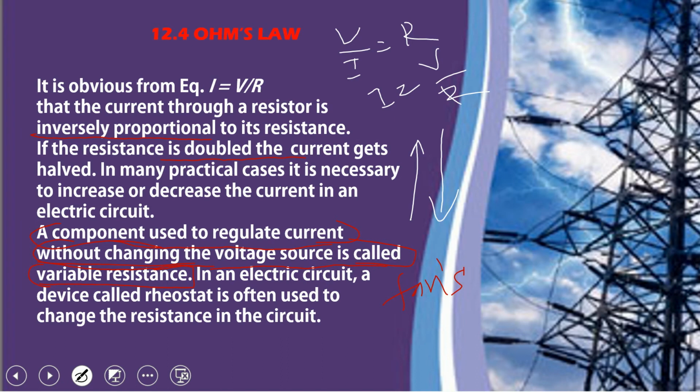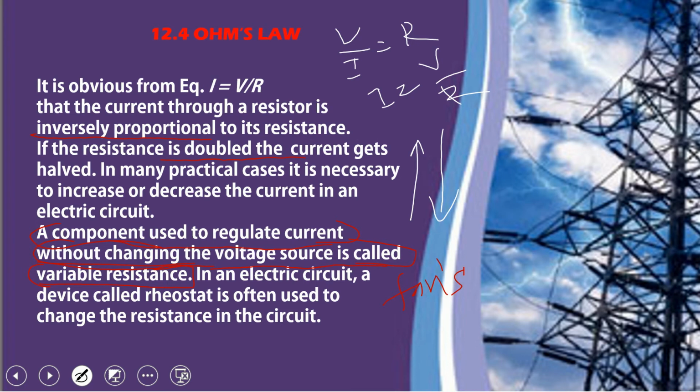So obviously, the speed of the fan will increase in two. Now in three, again a smaller resistance is used, so more current will pass through it and the speed will increase. In four, you know the fan runs at full speed. It means there won't be any resistance; it will be directly connected, so whatever current is there in the circuit will flow to the fan. This is the variable resistance in our day-to-day life.